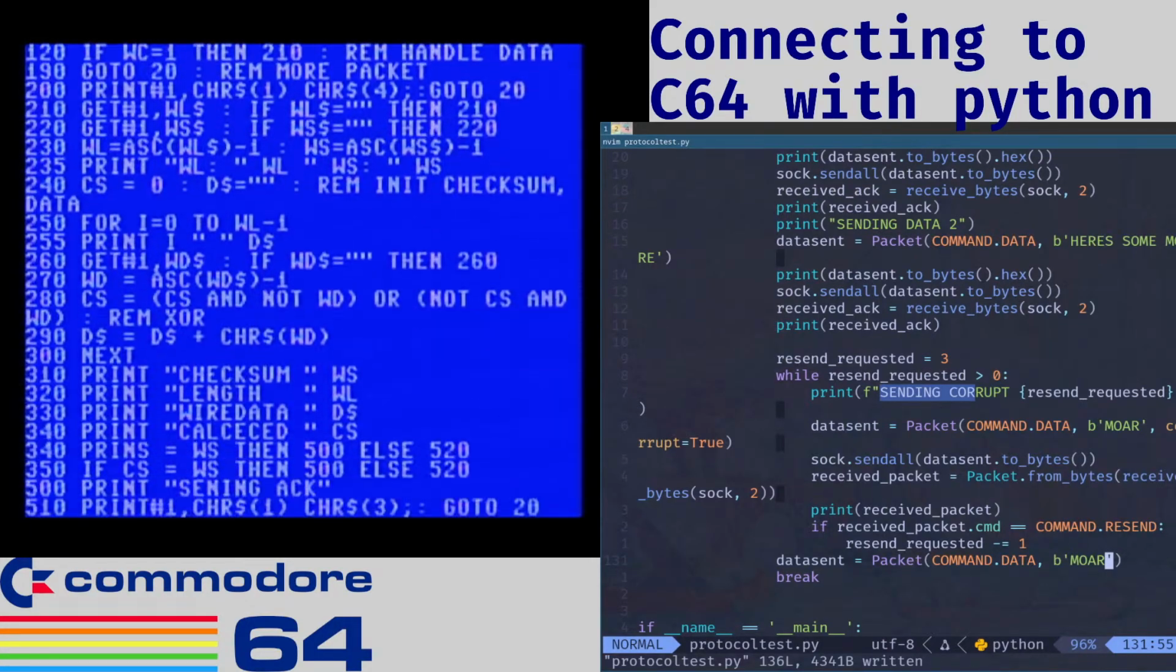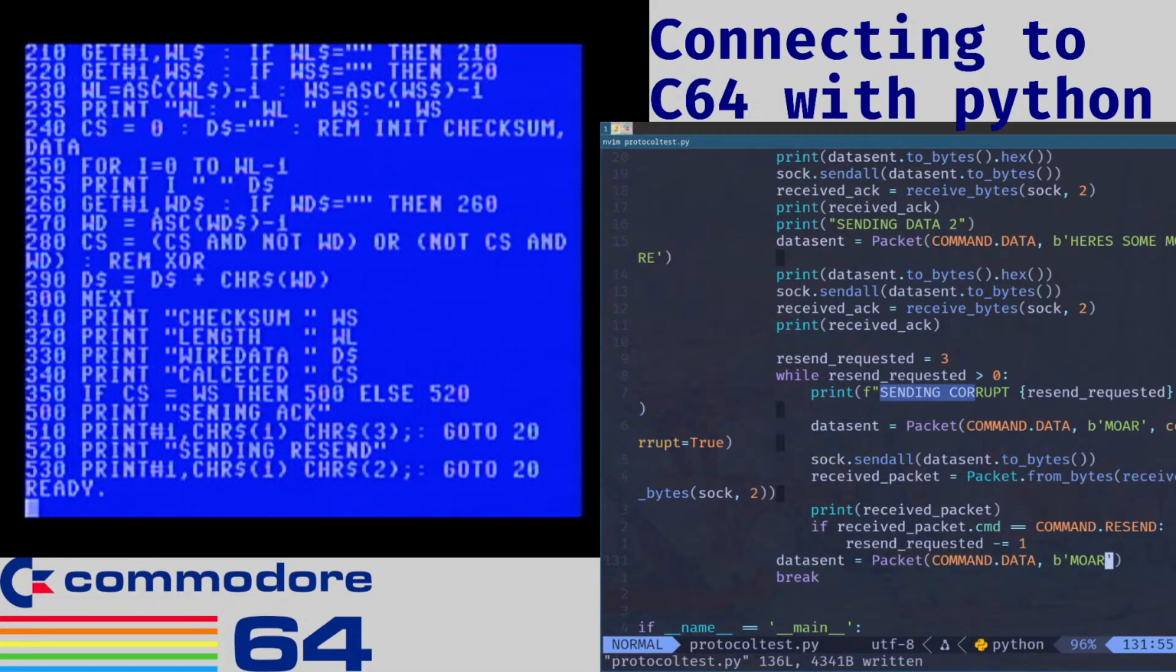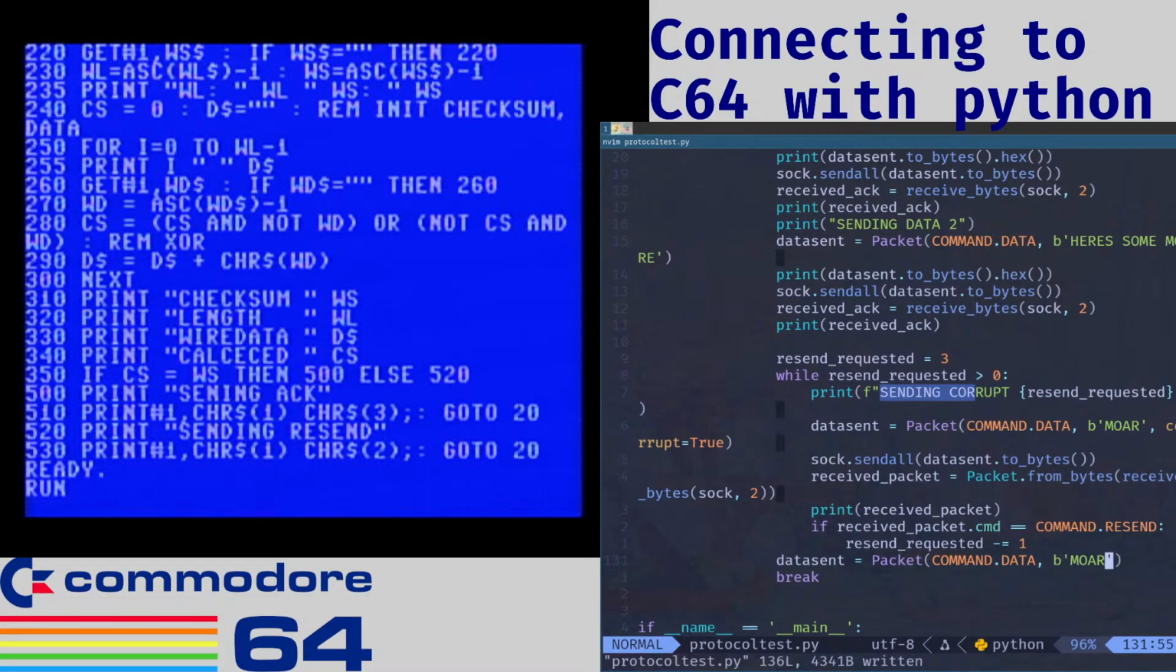Okay, so if we list our program again, then we should get, yep. So if the checksum equals the wire checksum, then we go to line 500, which just says, hey, print sending ACK, send the ACK, and then go to line 20, which just says start listening for packets again. But if checksum is not equal to wiresum, we go to line 520, print, hey, send resend, and then go back home. So if we run this,